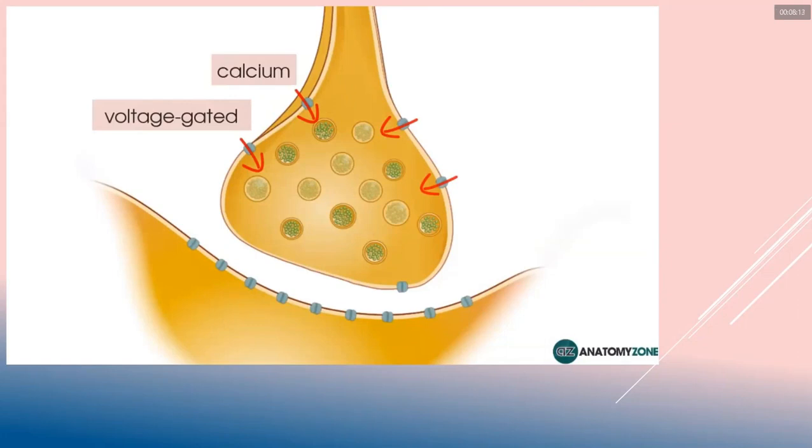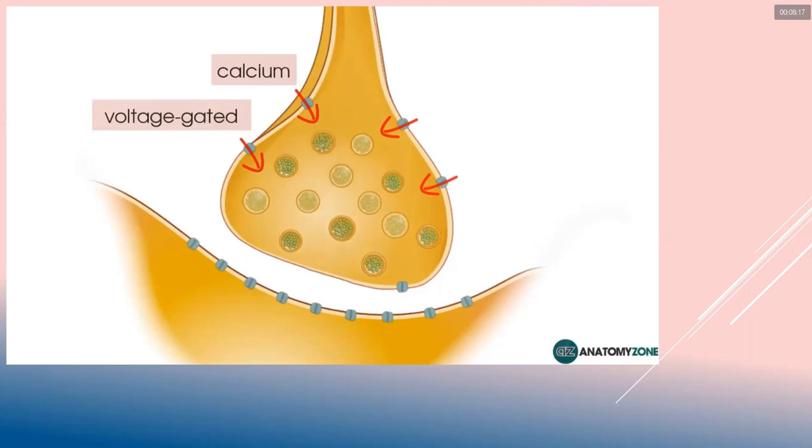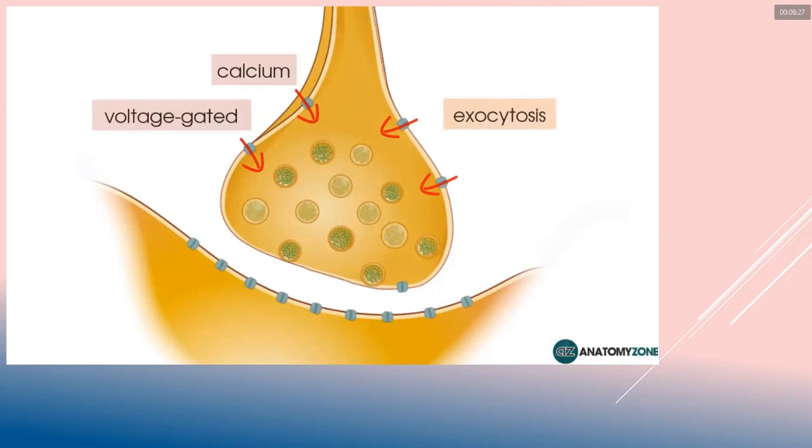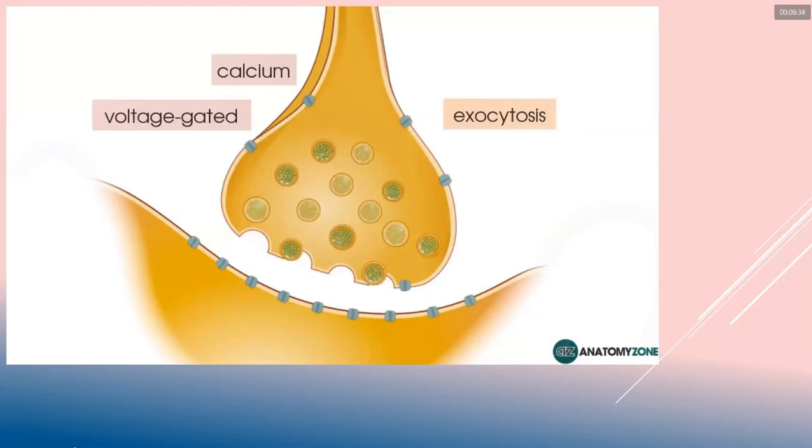across the membrane. What happens when the calcium enters the presynaptic ending is that the vesicles dock and fuse to the presynaptic membrane. The next thing that happens is a process called exocytosis. This is the process by which the vesicles fuse to the presynaptic membrane and then release their contents into the synaptic cleft. The next thing that happens